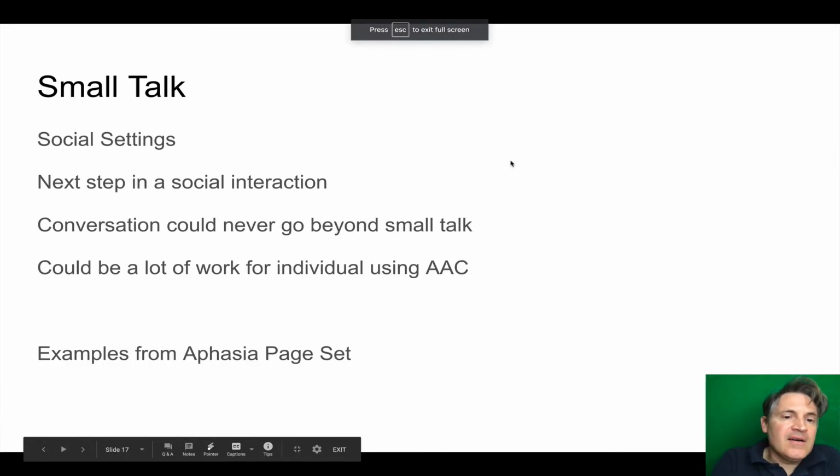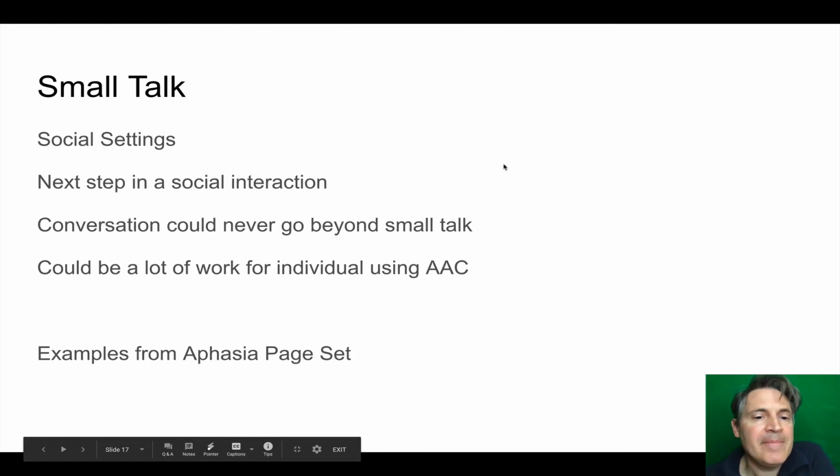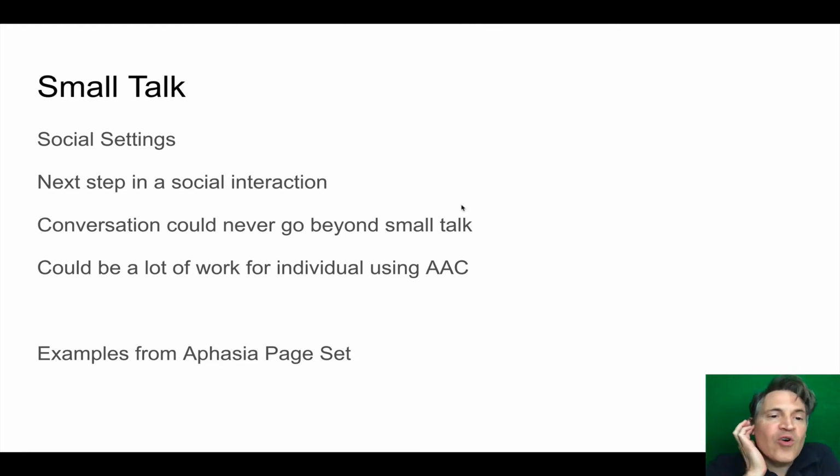In small talk, it's really your next step. I mentioned this before. You can say, how's it going? How are you? What's happening? What's new? How was your weekend? You can also get into, if you wanted to,